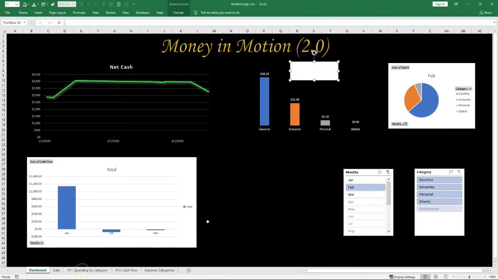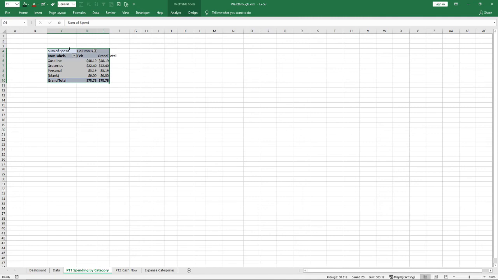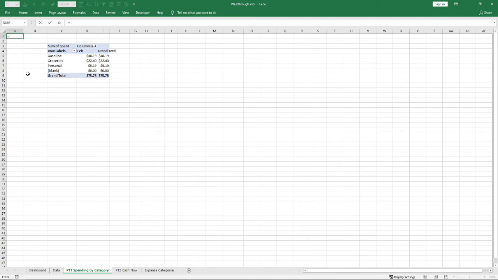Okay, so let's go to the pivot table first. Before we start typing in that formula, let's go up here, and I'm gonna move this whole pivot table a little bit down just so it's not in the way. And I'm gonna put up here in the top left corner, I'm gonna go equals. Okay, so